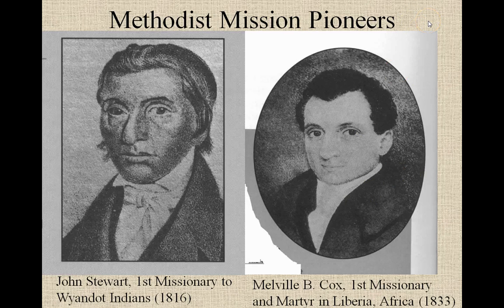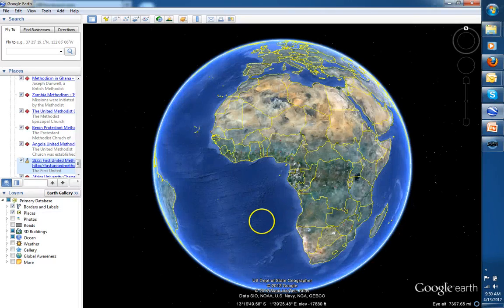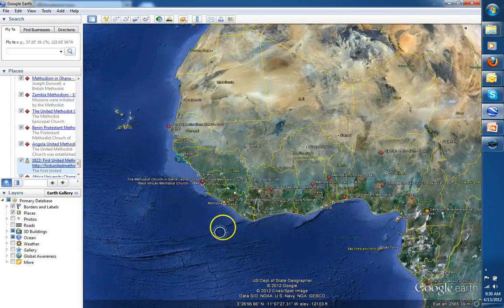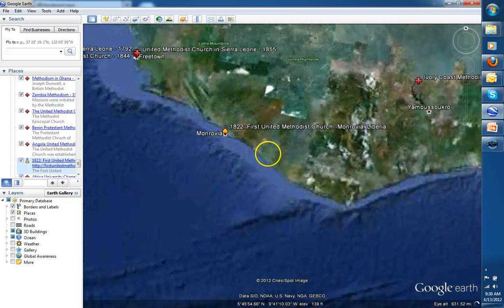So until 1833, the Native American mission was the primary form, until Melville B. Cox offered his services after the death of his wife and children to tuberculosis. He himself, probably contracting it, offers himself to begin a pioneer mission in Liberia. Looking back to our Google Earth map, Liberia is on the west coast of Africa, and you will note here